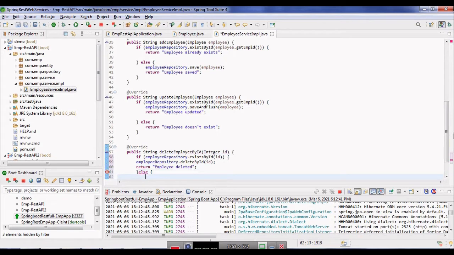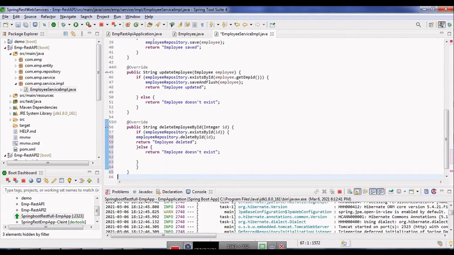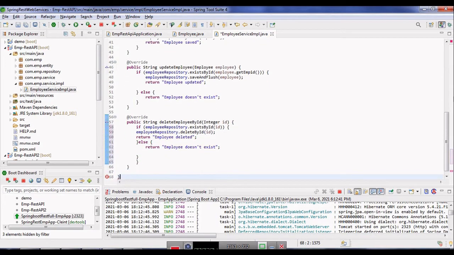Else, employee doesn't exist. So that's it. We are done with this code.